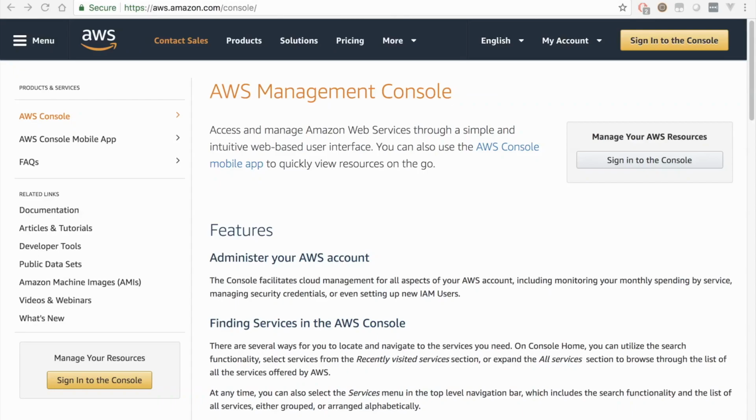Now that you have your AWS account set up and authorized and approved and ready to go, the next step is going to actually be setting up your instance. So let's go ahead and do this. This is going to be a pretty long video because we're going to go through the whole process of setting up an instance. So the first step is to sign into the console,